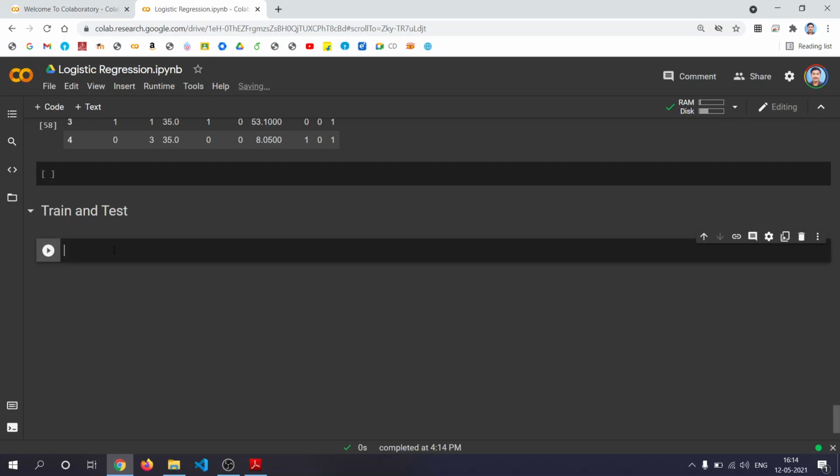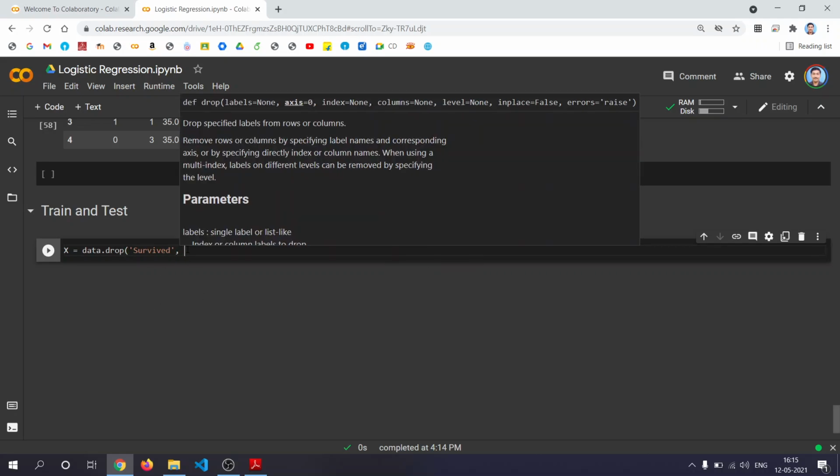Now after that, you write here. Let's say we'll do the analysis on how many people have survived. So you take X as data.drop survived. I'm removing the column survived from data, which I'll be using as my dependent variable.